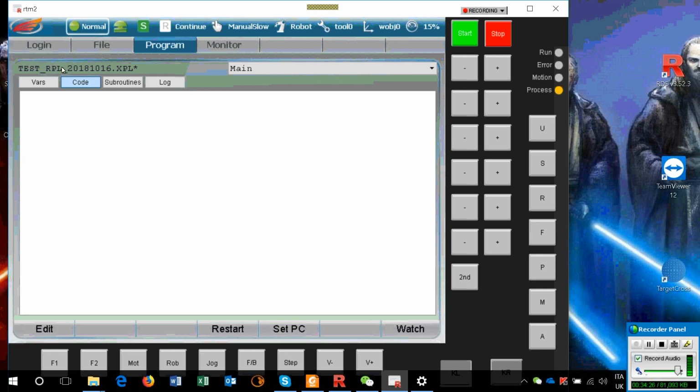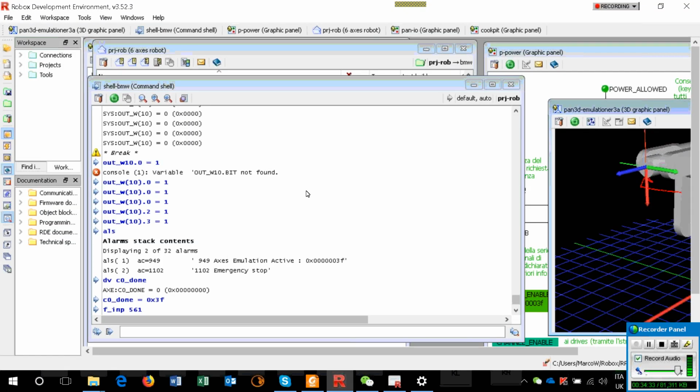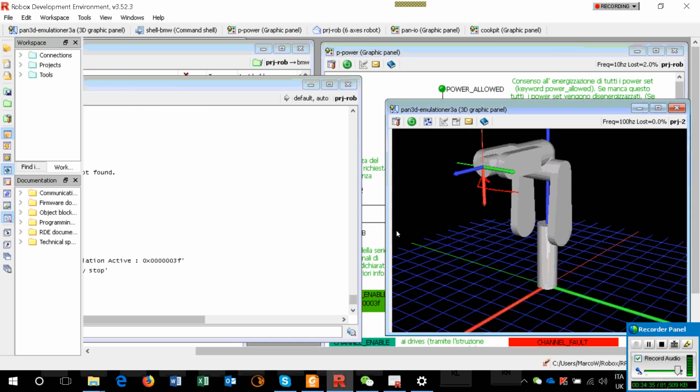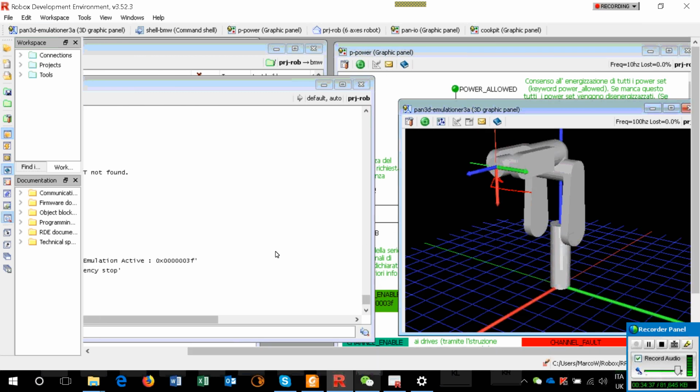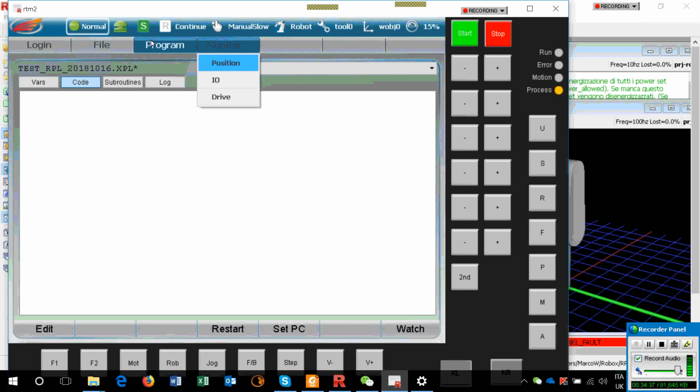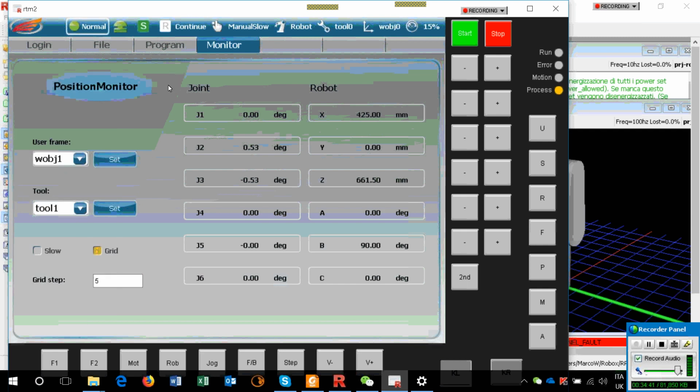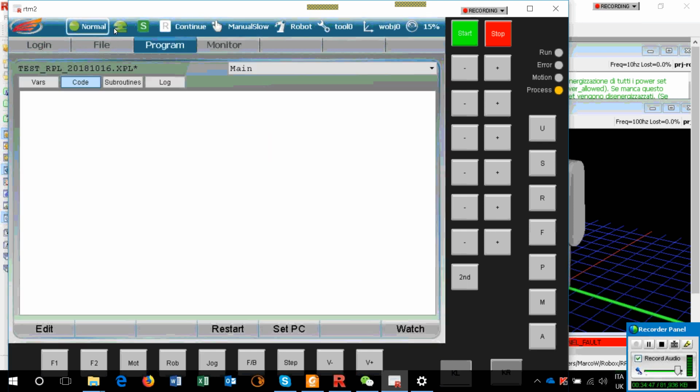We want to move the robot to home position. Now, we look at the robot, which is here. Very nice. And I say, okay, let's look at the monitor. Robot position are all 0. Very good. So, I say, I go to my